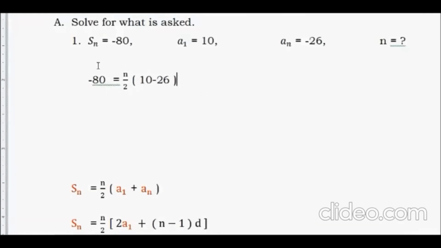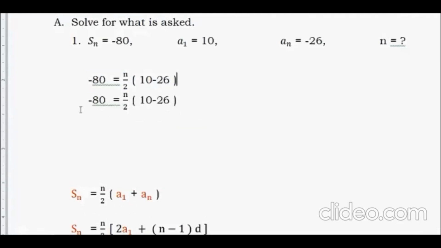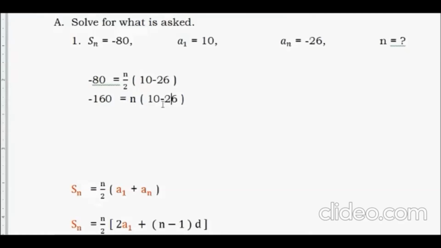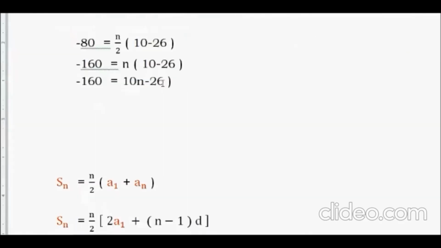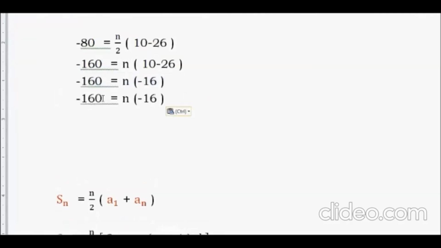Okay, next. Similar. Eliminate fraction by multiplying the whole equation by 2. Okay. So kung i-multiply ta na negative 80 by 2, that is equal to negative 160. This is equal to, multiply this by 2, it is equal to n na lang, sa madula ng fraction. After that, we can simplify first the terms inside the grouping symbol. 10 minus 26 is negative 16. Then, amuna pag-multiply tasang n. So, negative 160 equals negative